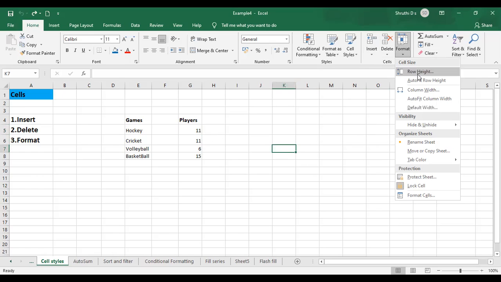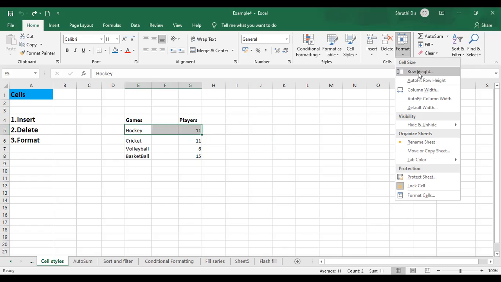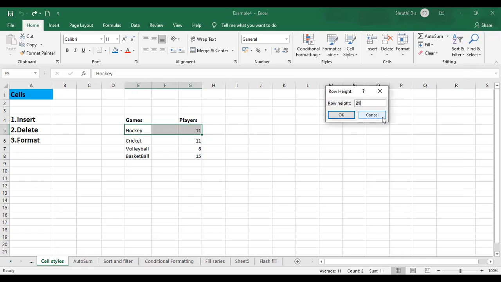First one is row height. I'll consider this particular row. Go to format and go to row height. This option will help you increase or decrease the row height. By default, you have 21 here. If you want to make it bigger, I'll make it 30.